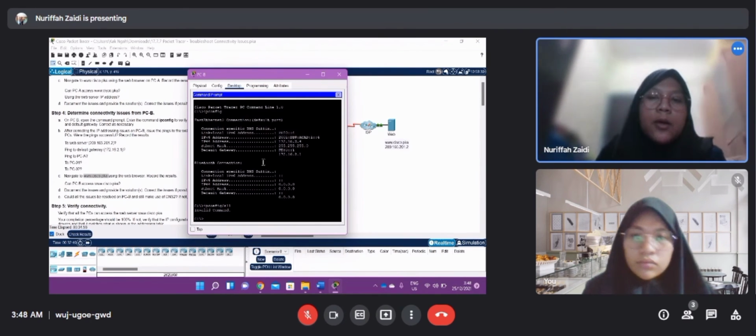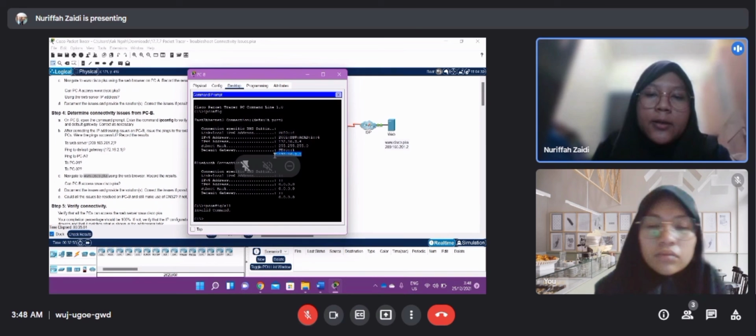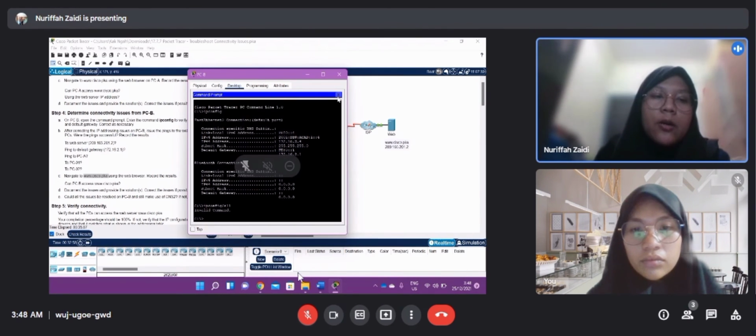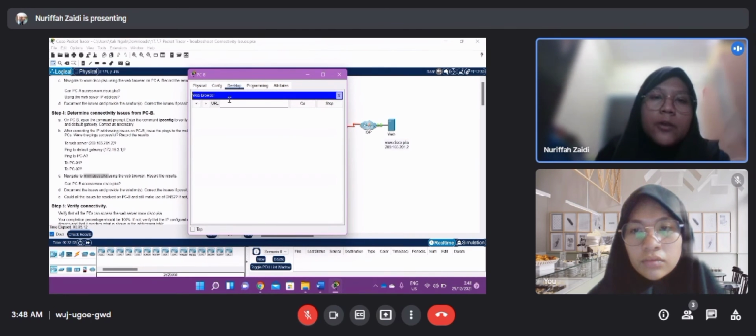So the IP address and the default gateway are here. Close. Now navigate to the web server